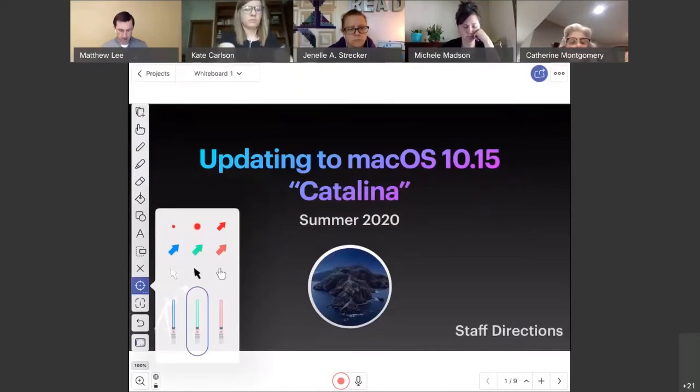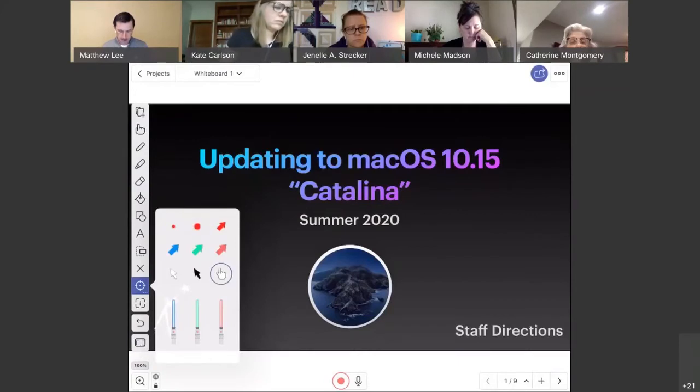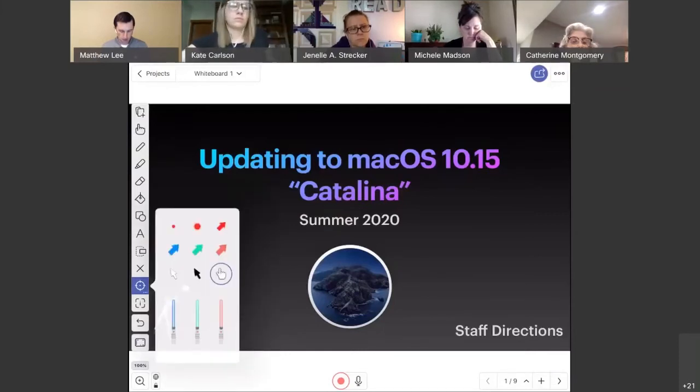So the simplest is the laser pointer. If I'm talking through something, I can use a laser pointer to call out different areas. You can use the hand, so it looks like a mouse cursor. So if you're walking them through a screenshot, you can use that. You can use pointer tools,